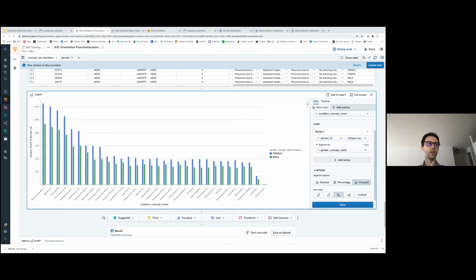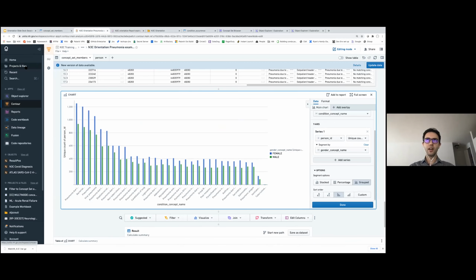Before I close on the concept set tools, I wanted to show some additional concept set tools that we have within the Enclave. Quicker, but it's worth mentioning. So let's go back to the data catalog again.